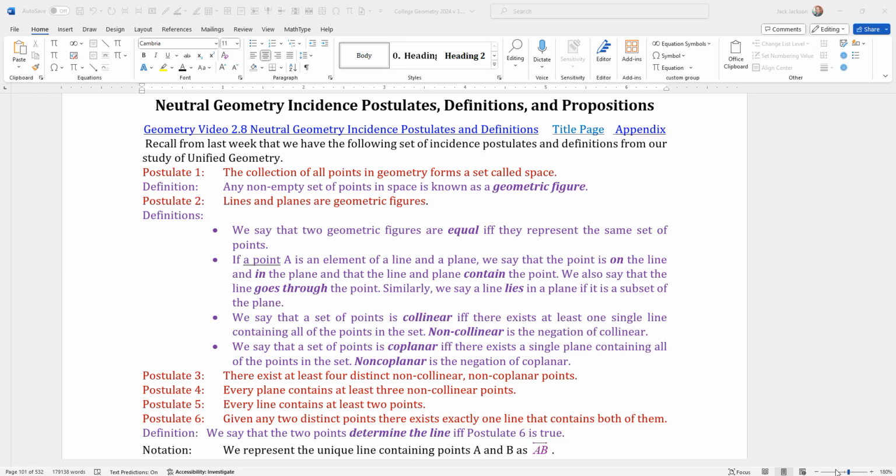In this video we're going to illustrate using GeoGebra some of the basic incidence postulates for Euclidean geometry. Just recall here's our list of our first postulates, and we're going to go through these one by one and show how we can see them for